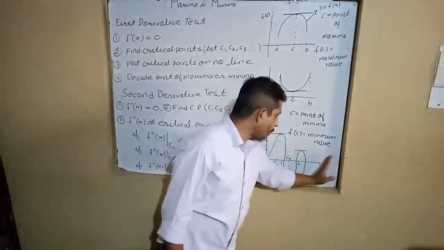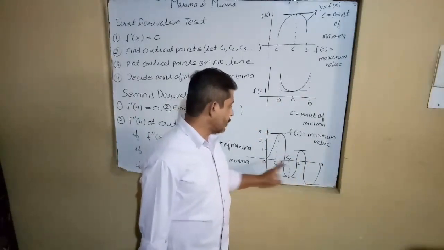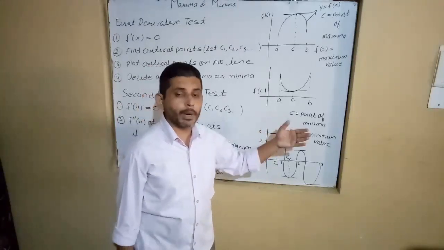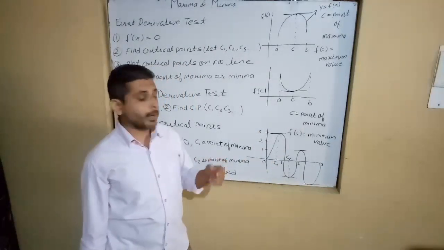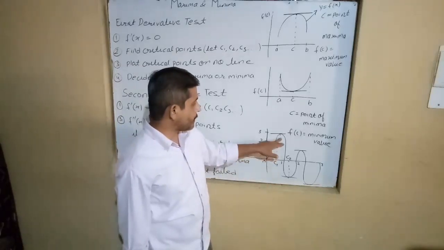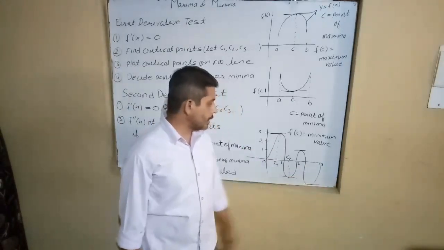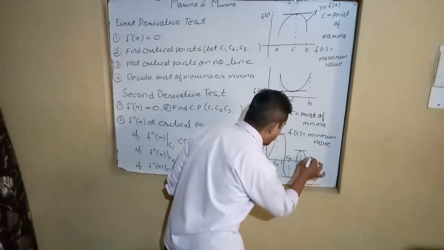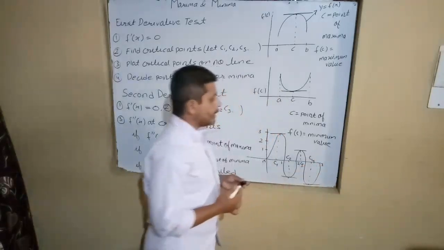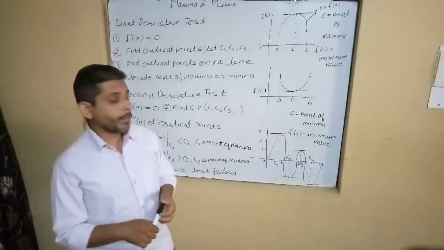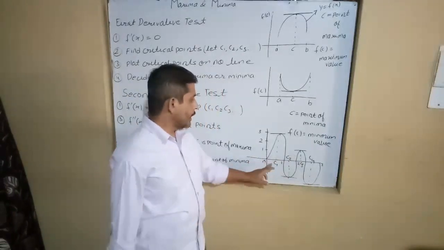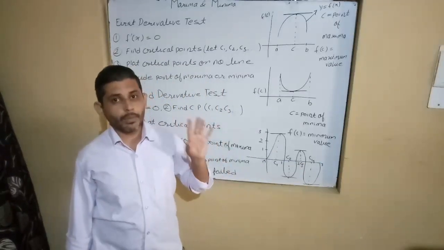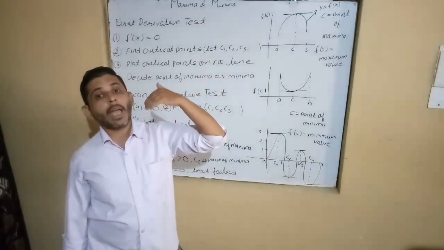And if we talk about the whole graph from 0 to 3, here we can say C1 is an absolute maxima, and this point is called C3. This is C3 and this is C4. And C4 is an absolute minima point of this graph. So you understood that C1, C2, C3 and C4 are called critical points where the graph attains the extreme value.